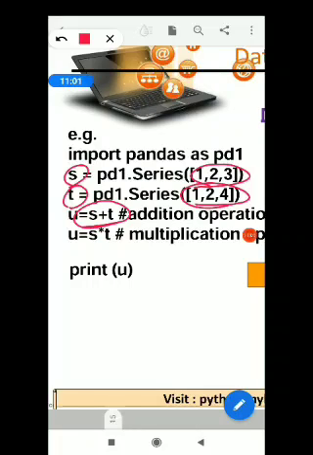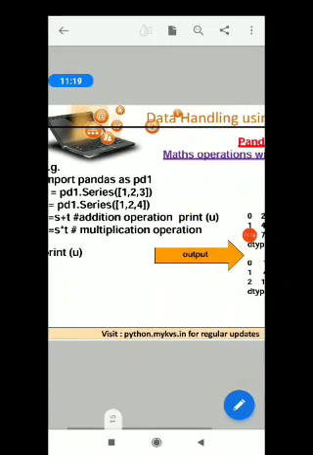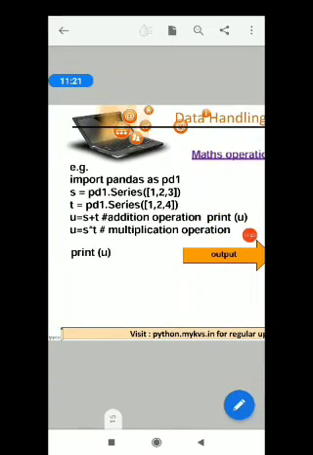We are writing U equals S plus T. So S and T I am adding, and in the next line I am writing U equals S into T. So I am multiplying S and T, and for each you have to print them. After addition I am printing it, and after multiplication I am printing it.